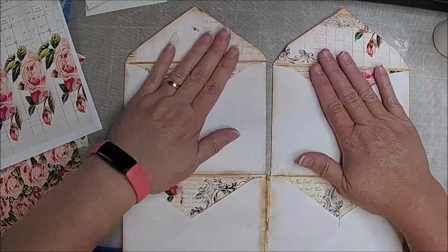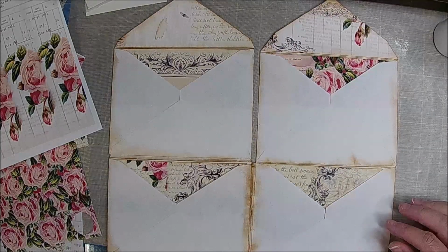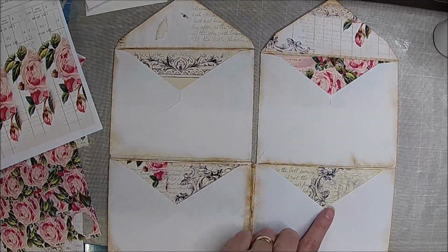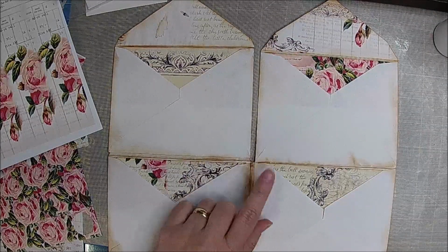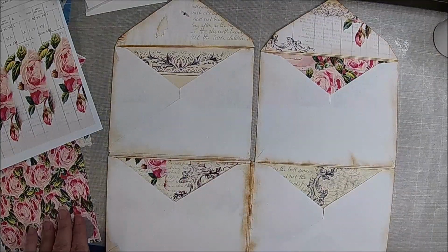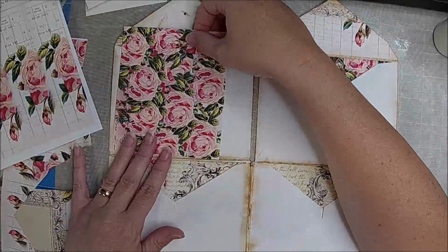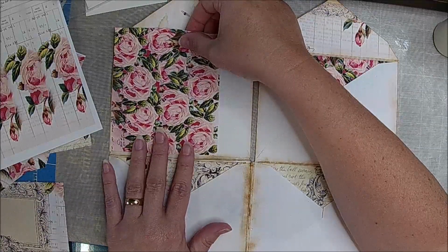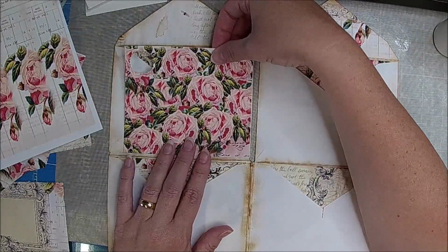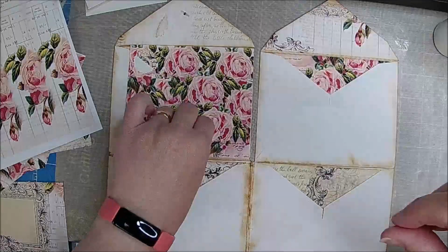Okay, so I know I want to cover that up. That's looking really cute. What do you guys think? Yeah? Okay, so, reminds me of Robin's. I'm trying to think what she did. Some of them she just, you know, did over. Some she did half and half. I think that's what I want to do, is just cover them all, whether it's half and half or what. And then we will do like pockets or whatever on top of it after we get them covered. But yeah, I think I want that there. Or maybe this side. Yeah, we could do that, huh? Okay, but yeah,